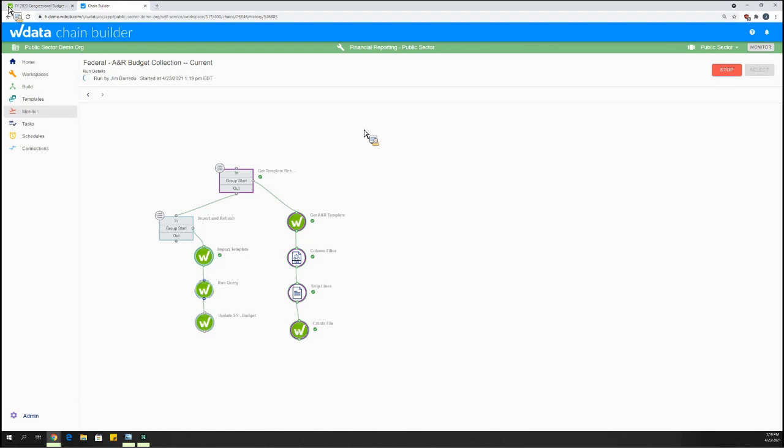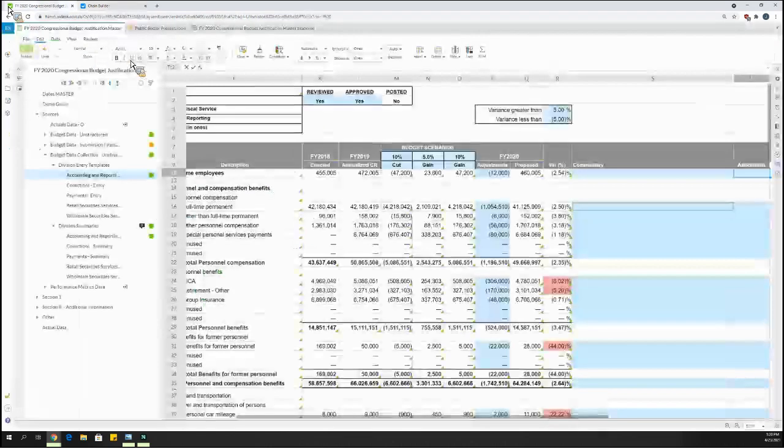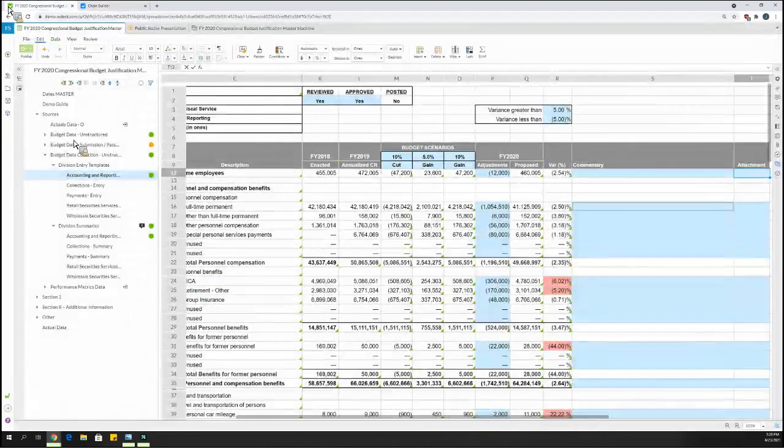So before this finishes, I'm going to go ahead and jump back into the spreadsheet and walk you through what you can expect to see. So I'm jumping to a different section within this budget master spreadsheet. It's called Budget Data Unstructured. And what you'll see is that it's going to roll forward the most recent accounting period or year-end period for this budget information is 19, but it's actually going to...